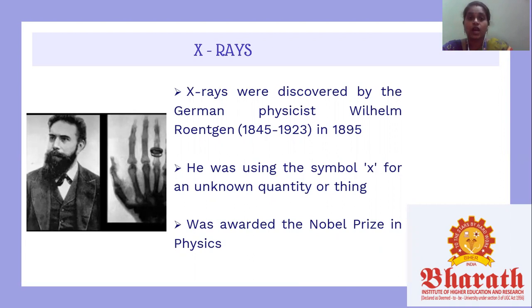So he was awarded the Nobel Prize in Physics for this outstanding discovery. At first, he found that the X-ray does not penetrate metals and the hardest parts of bones, and it only penetrates soft tissues and fabrics. He found this the first time with his own wife, who was wearing her wedding ring. That's how he found out about X-rays.